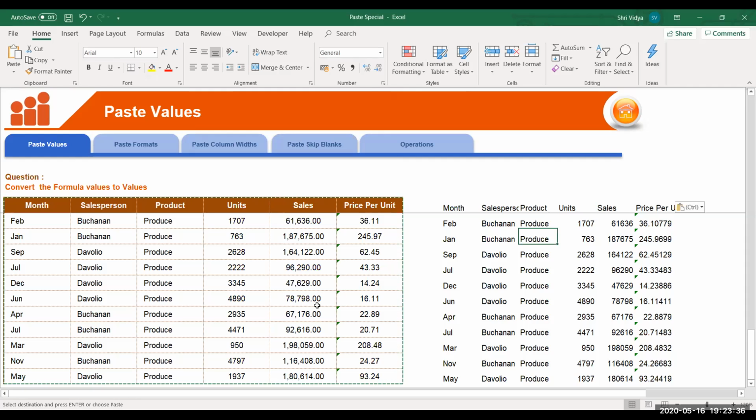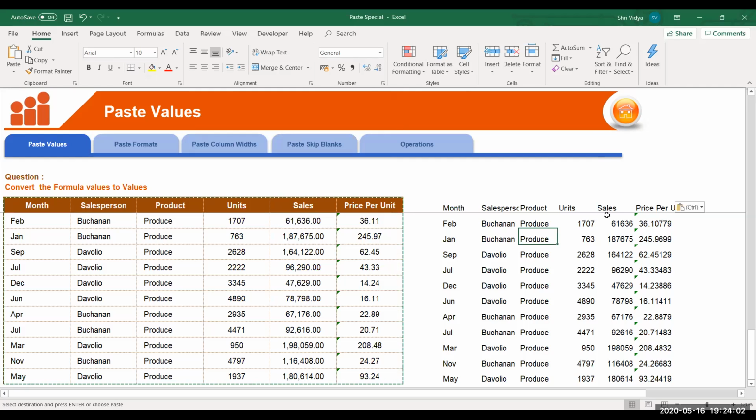Now, numbers have got formats. You might have seen dollar symbols and percentages; all these are known as number formats. Currently, we have used a 1,000 separator with two decimal values in this sales column, and the price per unit has been reduced to two decimal values. So that is how your source data is visible.